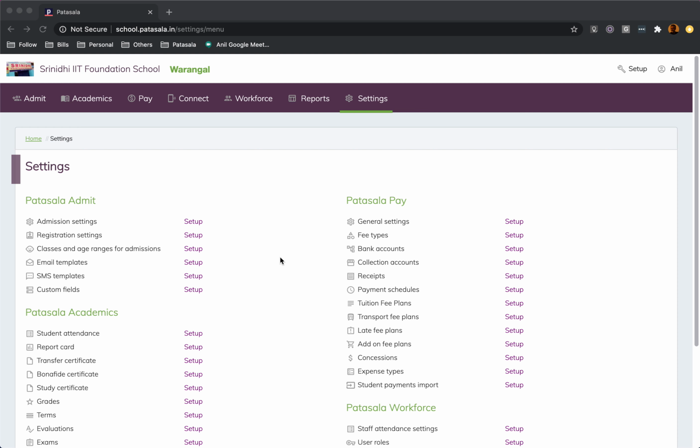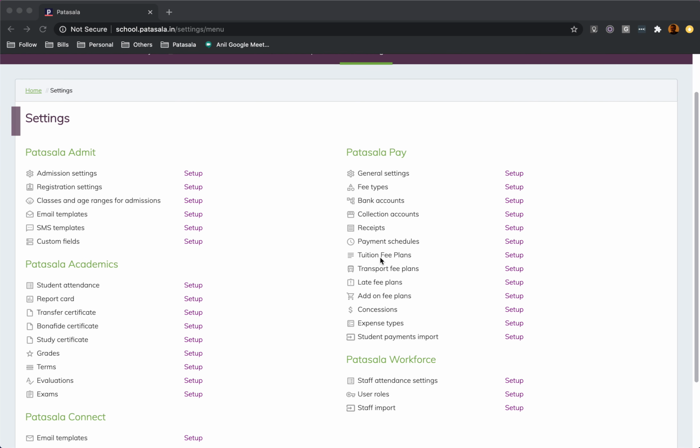Finance module. So finance is a lot of setup, and then basically collecting and tracking expenses. So we offer a variety of settings for the finance. You can run your school as multiple companies. You can configure multiple accounts, bank accounts. You can create a number of fee types: tuition fee, admission fee, lab fee. Whatever you want to call them.